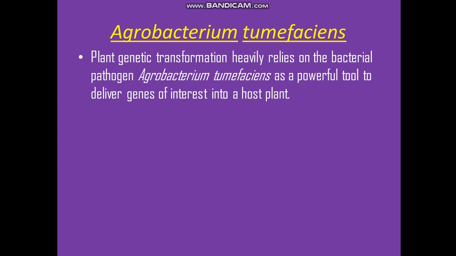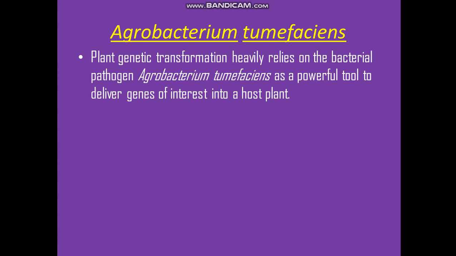Just understand some more points. Plant genetic transformation. Let us discuss the first term I am using here, genetic transformation. Transformation means changing the form. So what we are actually doing in genetic engineering is genetically transforming. Here Agrobacterium tumefaciens is genetically transforming the plant cells. So these three words, clear? Plant genetic transformation. I am reading it out for you.